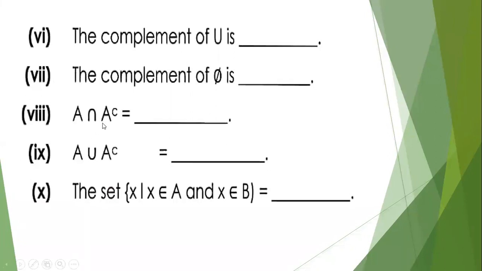Now you're going to find A intersection A complement. For this, first of all, find A complement, then take the intersection of it with A. Anyone can turn on the mic and speak about the 8th part? Yes, I want Asim Raza to speak, please. First of all, when we find the A complement, which is U minus A, it will be an empty set. So A intersection A complement, which is an empty set, will also be an empty set.